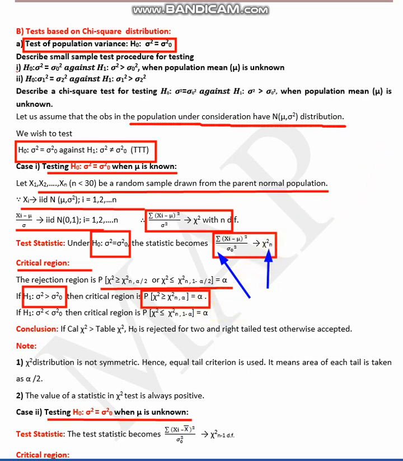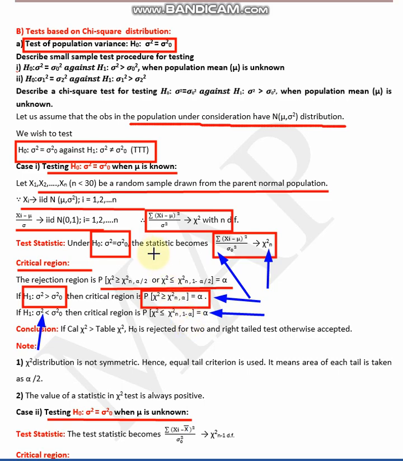And in case of a left-tailed test, my alternative hypothesis is sigma square less than sigma naught square, and then my critical region becomes probability of chi-square less than or equal to chi-square n, 1 minus alpha, equal to alpha. So in case of only a one-tailed test, my level of significance becomes alpha, but when